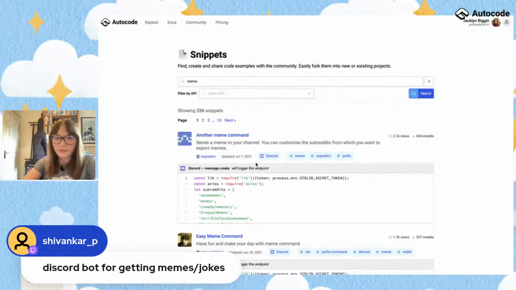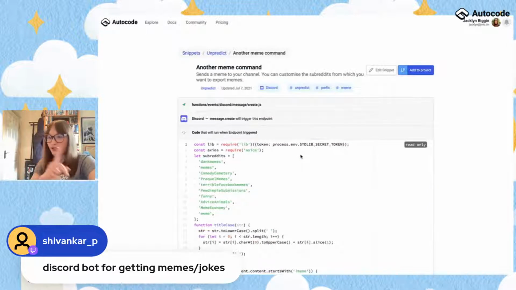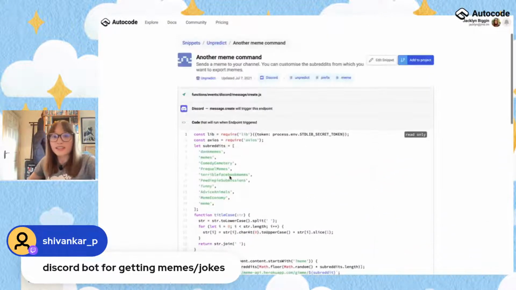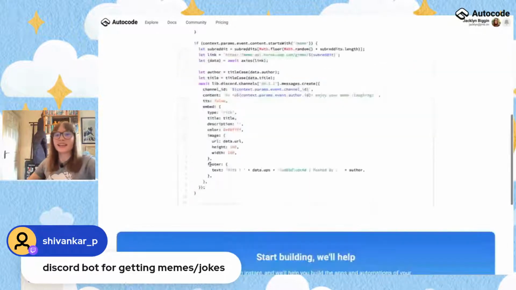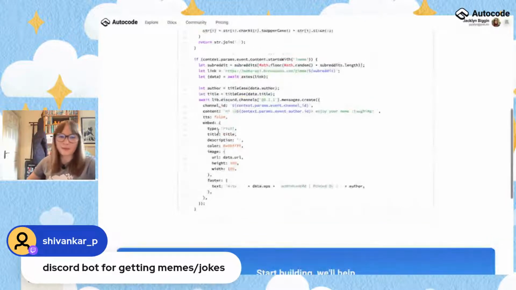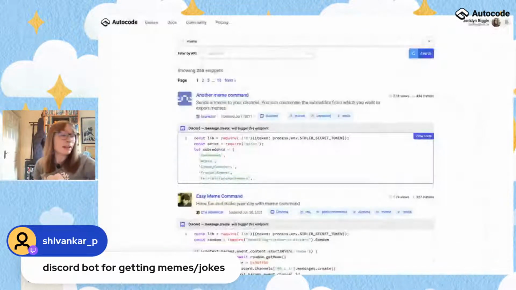Yes. So this one is pretty cool. I'm not going to do this one on stream because I don't know what's going to come up. But this actually pulls memes from Reddit and sends them into your Discord server. Now, I have no idea if there's any filter on the memes it pulls from Reddit, so I'm not going to use that on the online stream in case it has something that would scare Blahaj away.